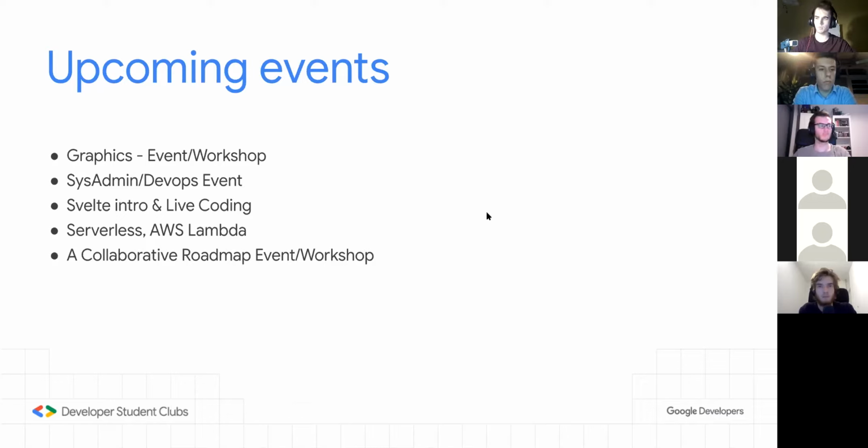Then we're also planning a serverless event, and we'll have a very senior Amazon Web Services person who would like to introduce the Lambda portion of Amazon Web Services to you, which, if you haven't tried using serverless architectures, should be super interesting for you, because it's a completely new headspace.